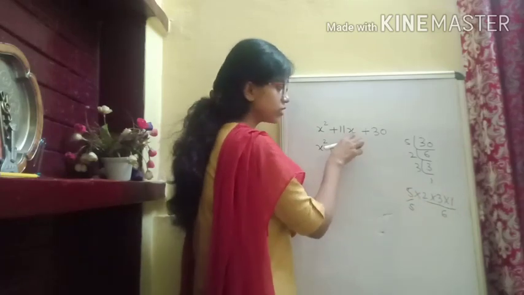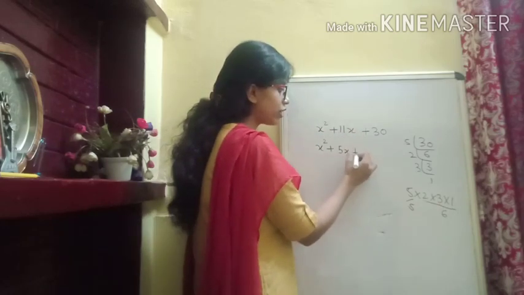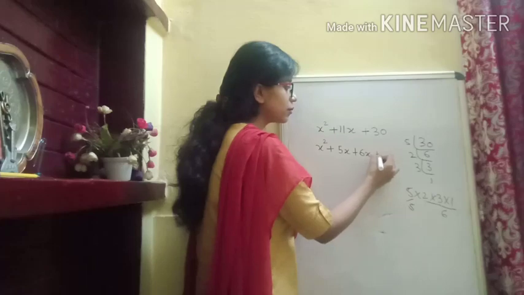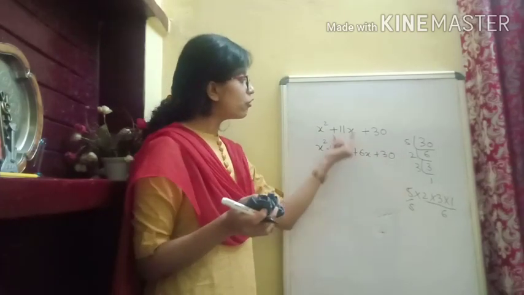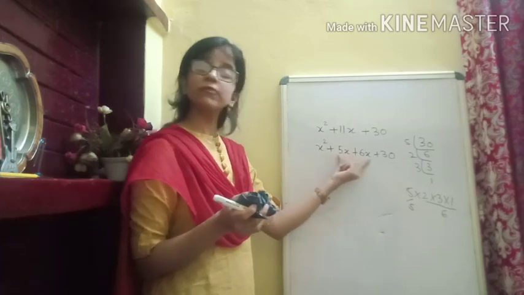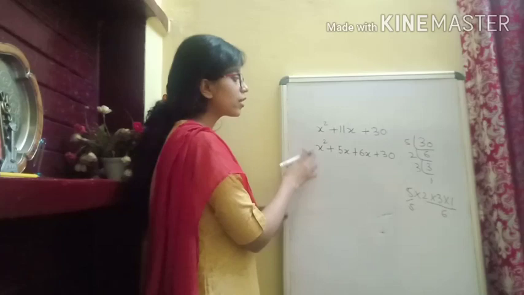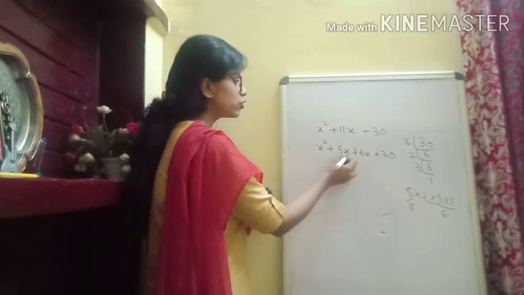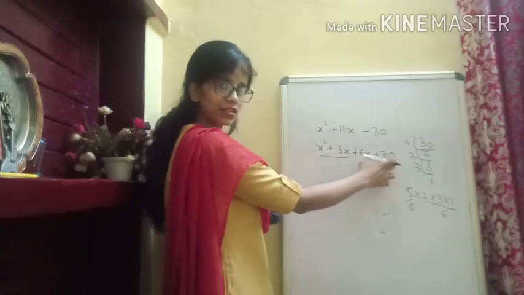5x plus, because here we have x, we have to actually bring 11x. That's why we will be writing 5x plus 6x plus 30. Is it okay? Now you see that we have written 11 as 5x plus 6x and now we are getting 4 terms. Okay, and when you get 4 terms, you just couple the terms to take common. Okay, first 2 terms and then the last 2 terms.